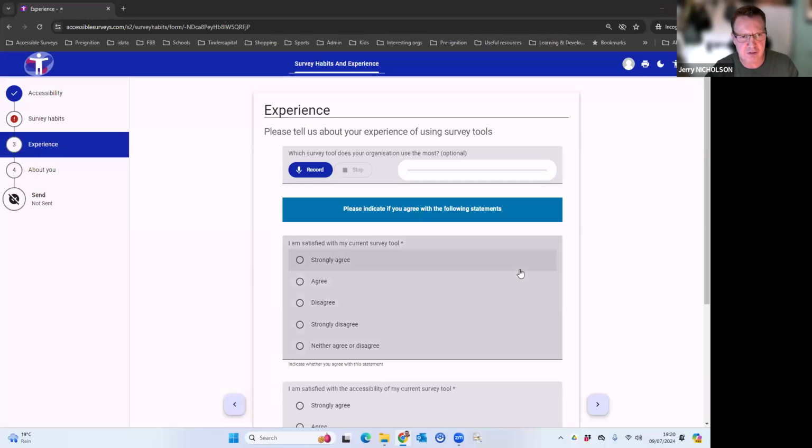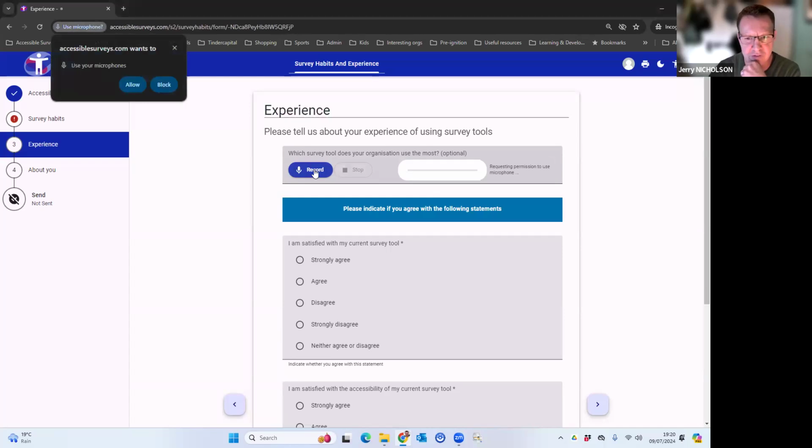So text questions appear with a record button, so there's a question here: which survey tool does your organization use the most?